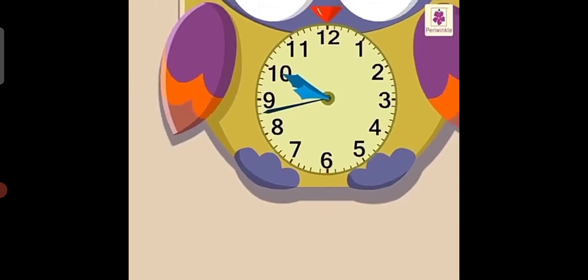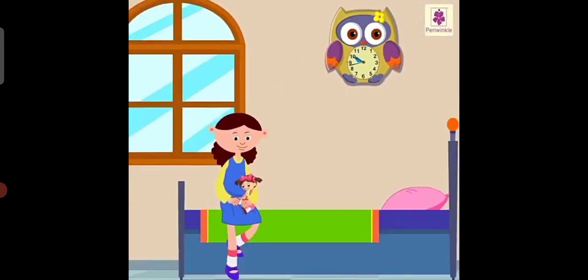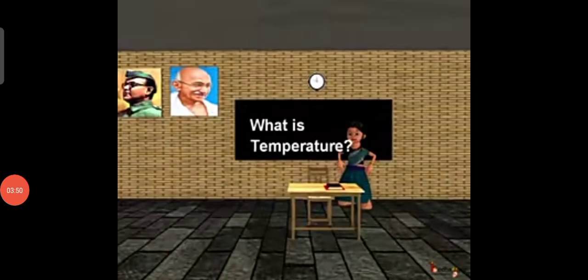It was so much fun reading and writing time with Alicia and her clock. And also, let us learn about a new interesting topic, that is the measurement of temperature. Okay, so this is the last topic of your lesson, and today we shall also discuss this temperature. What is temperature and what are all the units to measure the temperature? And what are all the instruments we use to measure the temperature? All that we are going to discuss in today's class. Then let us move on to it.